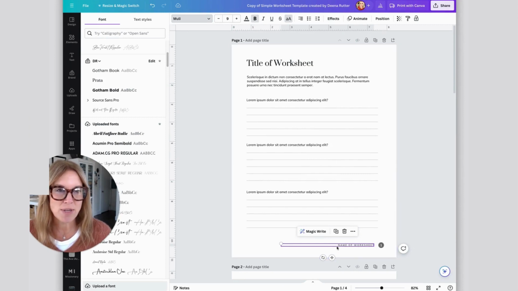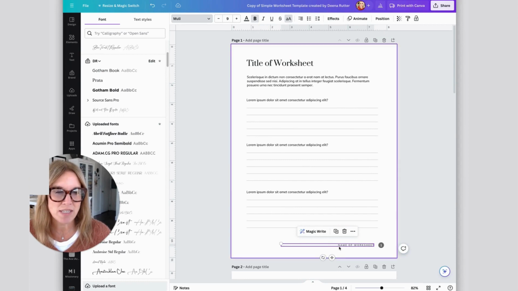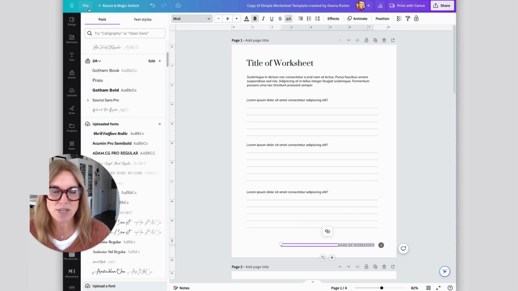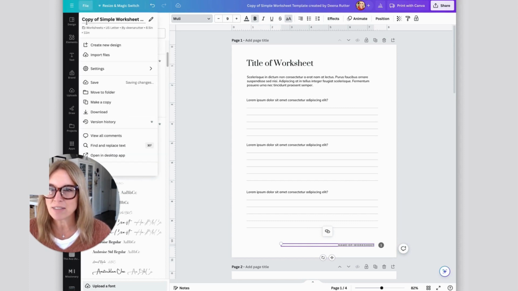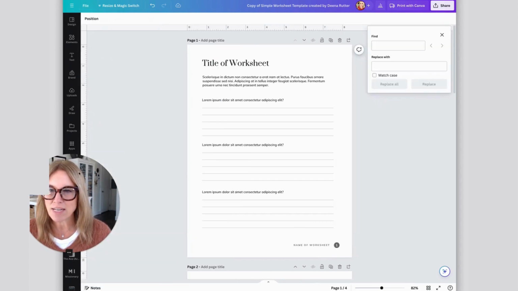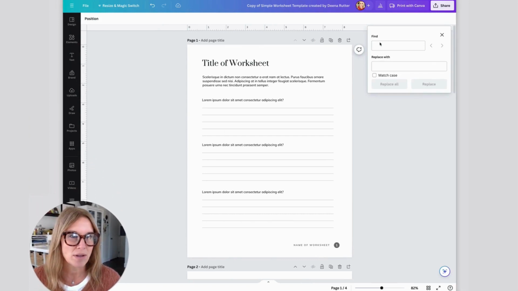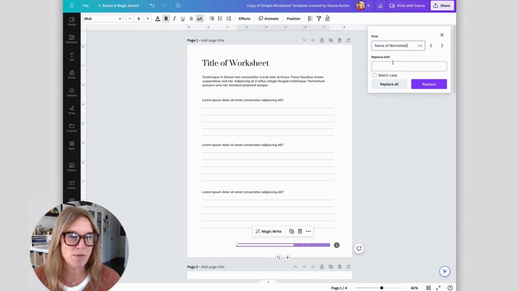One thing that I like to do is you can find and replace. So if the name of your worksheet was emotions or something like that, emotional worksheet, you could come in here and find everything that says name of worksheet and then change it to the name of your worksheet. So if you go here to file and then go down here to find and replace, we're going to find everything that says name of worksheet, and you can see it says 1 of 4. So there's 4 different places where it says that, and then I'm just going to type in whatever